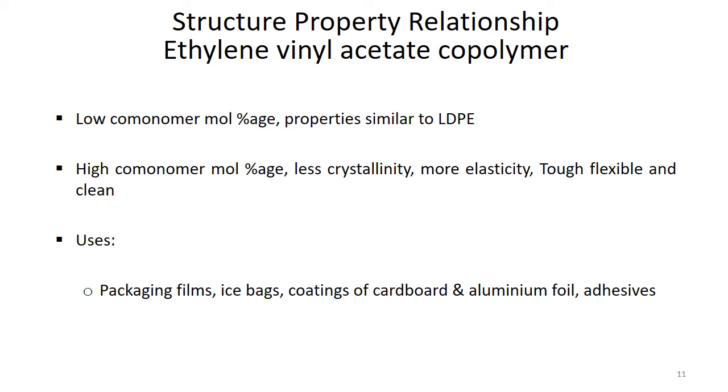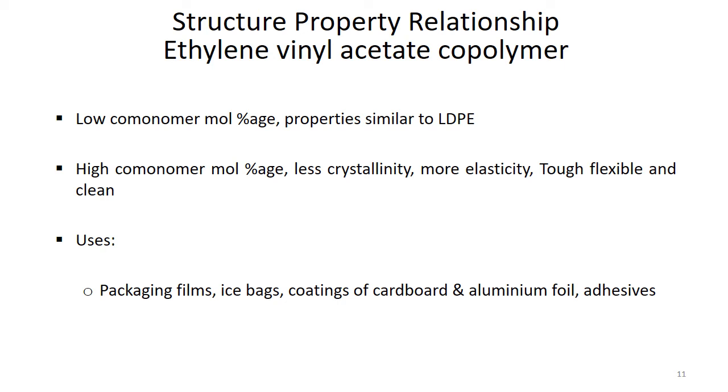Copolymer made with the highest comonomer level contains no measurable crystallinity, meaning the crystallinity is so low that we can't even measure it. So they are more flexible, tougher, more elastic, and clearer. The resulting products are such.